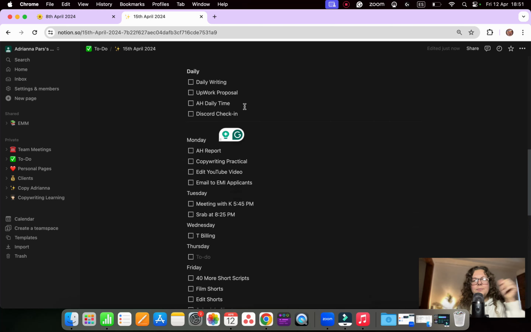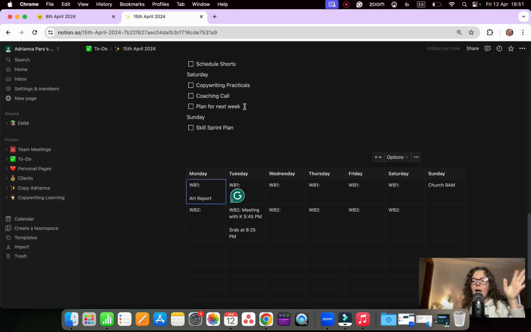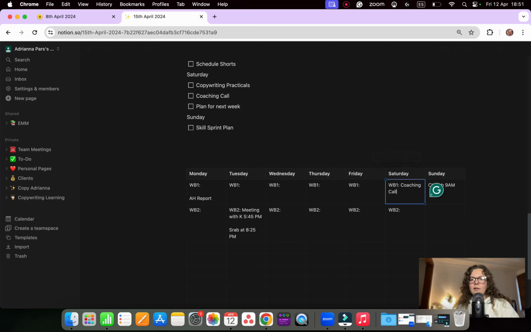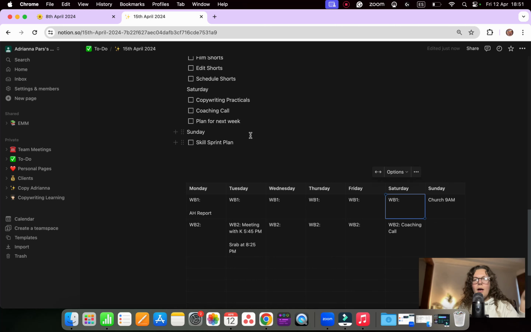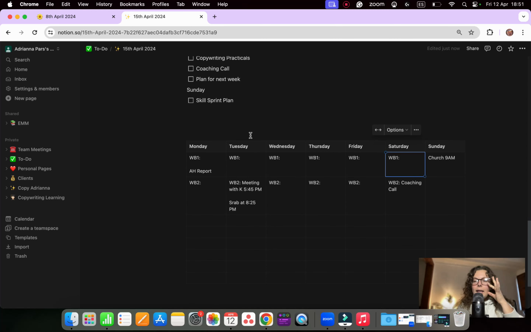Okay, anyway, so this is kind of what I'm doing. I start with the fixed things. Then I think through, for example, the coaching call. Let me move it here actually, because the coaching call is not until 2 p.m. So I'll count it as the second work block. So just start with the fixed things and then think about